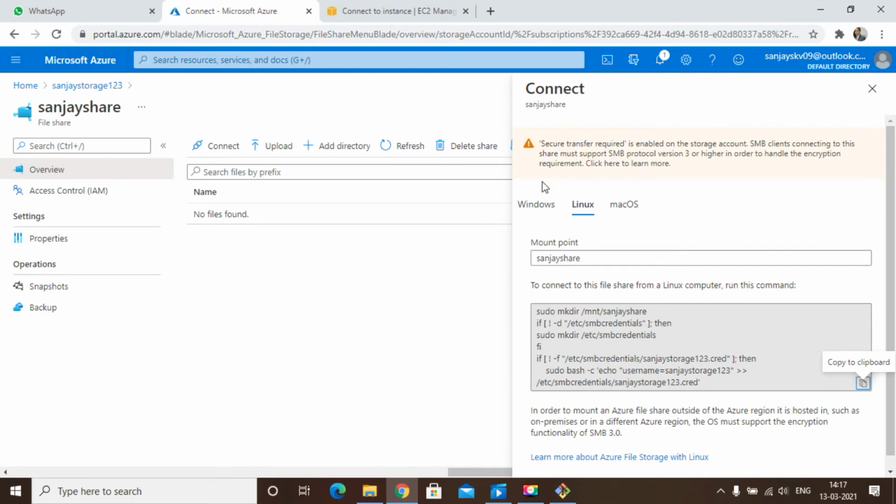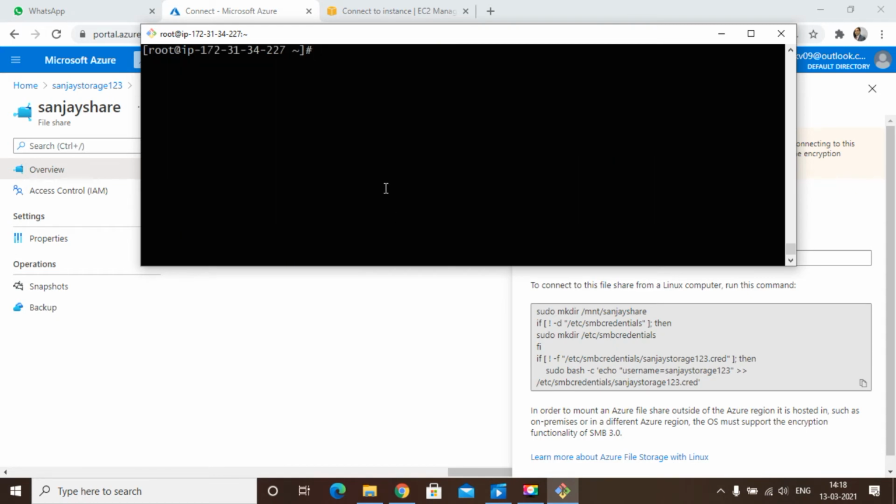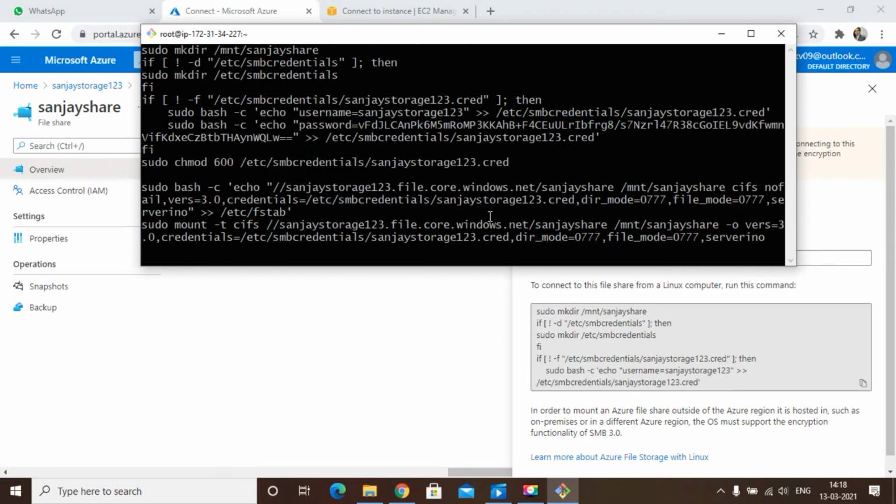Come here, this is my Azure platform. Copy this script and now make a file. vim will not work because the vim package is not here, so use vi. Give it any name, sanjay.sh. Make a script file, open it and paste this script. You can see it will automatically create a mount point.